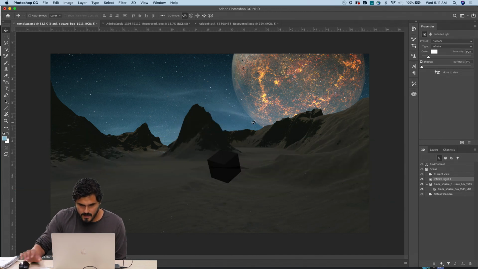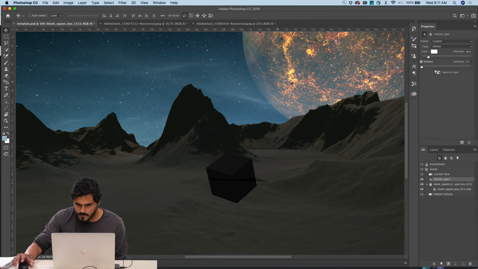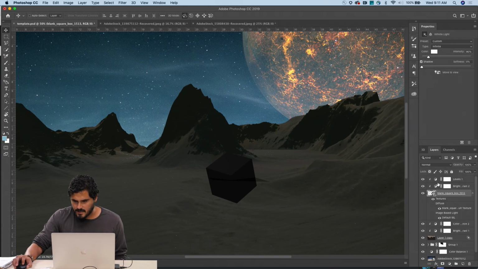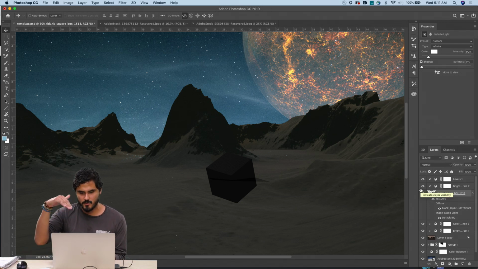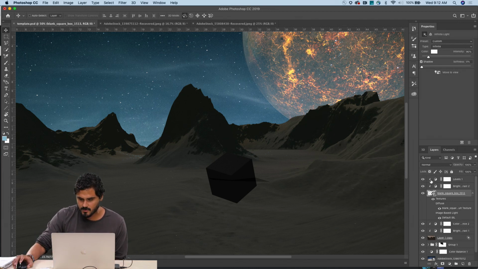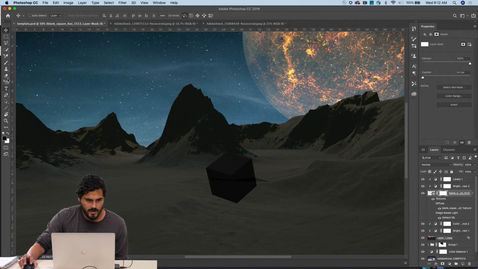Cool. And now I'm going to start applying things here. The idea is that this cube just landed on the snow, so I want it to feel like it's sort of hidden, covered with a little bit of snow. To do this, I'm going to apply a layer mask. If you press here, mask, I'm going to grab my brush,